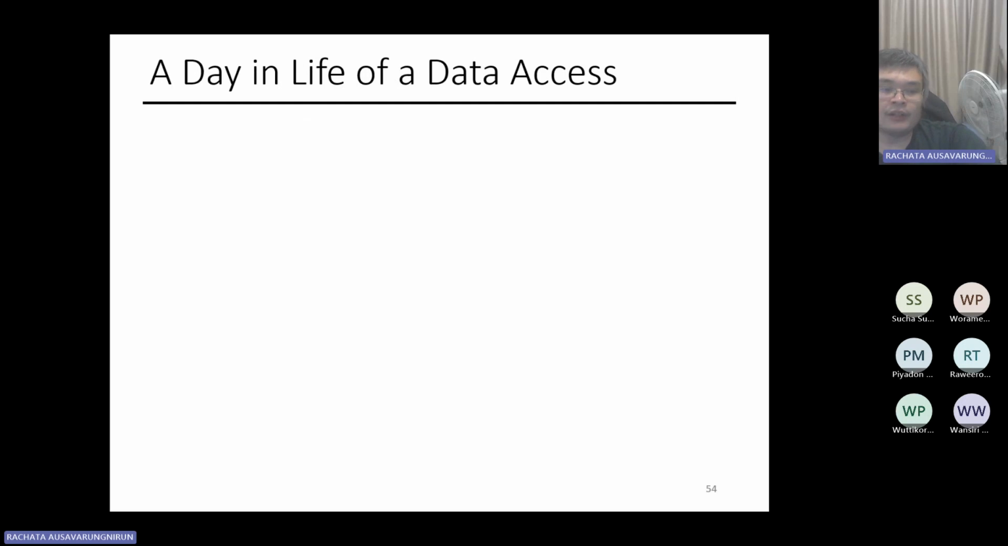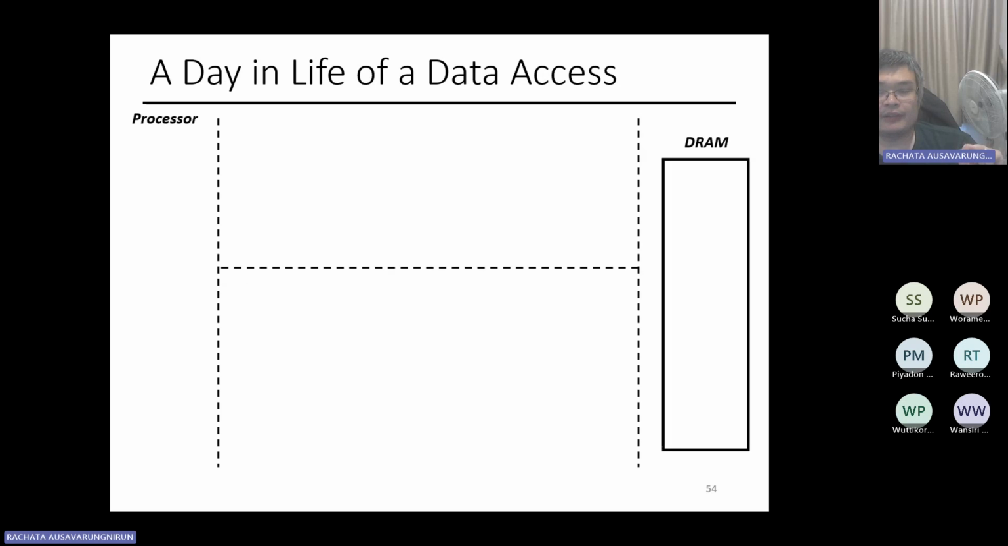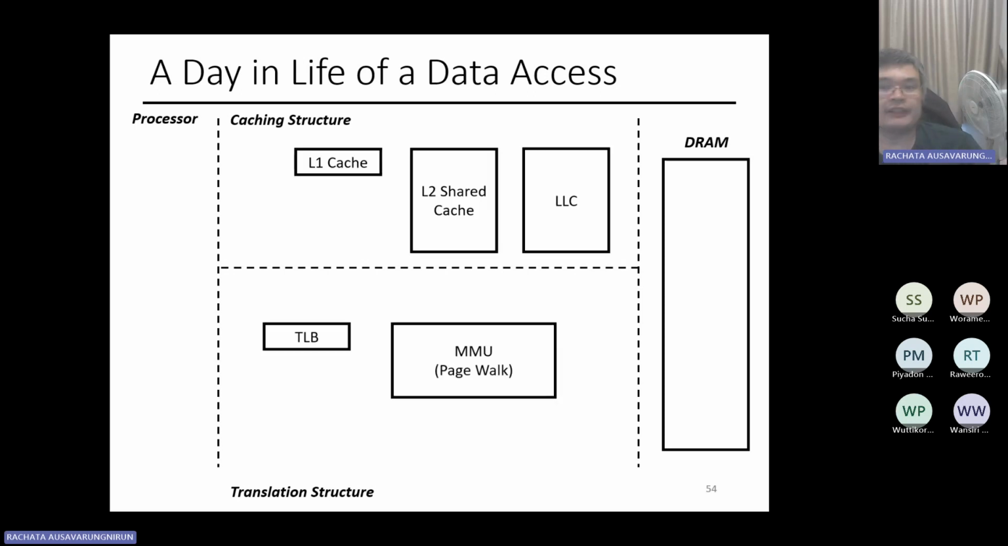All right. So to quickly recap on everything, the day in the life of a data access is: you have the DRAM on the side, you have the caching structure and translation structure, caching at the top, translation at the bottom. The caching is like L1 cache, L2 cache, last level cache. Your processor has, let's say, a load address. Let's say you do something even as simple as